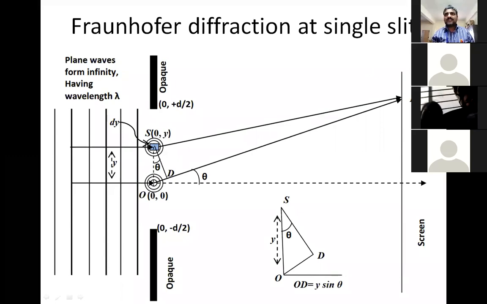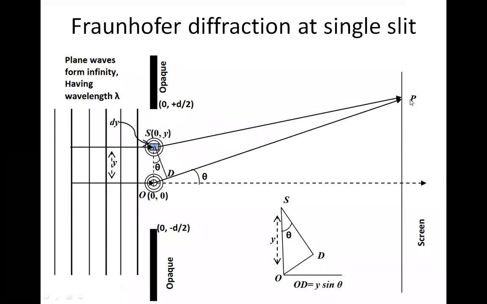Then on a distant screen, on the right hand side you have a point P. This point P is the observation point. You can see there is a screen also, and the middle triangle is only for calculation's sake. There is no obstacle here. I have just shown this triangle as a zoom view of the triangle ODS. It is not a part of any obstruction. On the distant screen, usually this distance is infinity. I mean, the screen is not very close to O. Please observe, O and the screen are far apart from each other. So on a distant screen, you are going to observe what is happening.